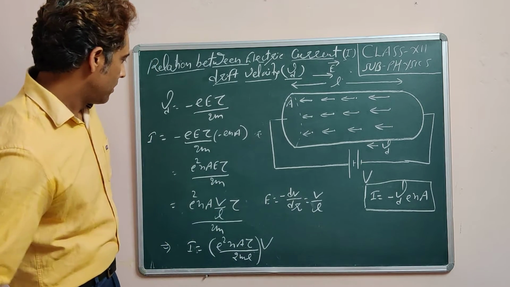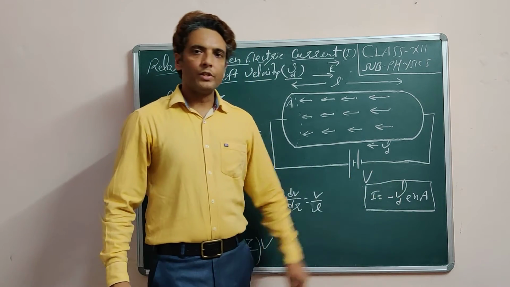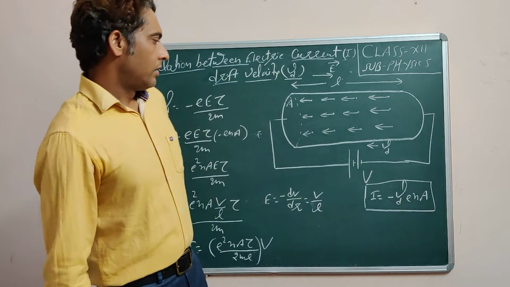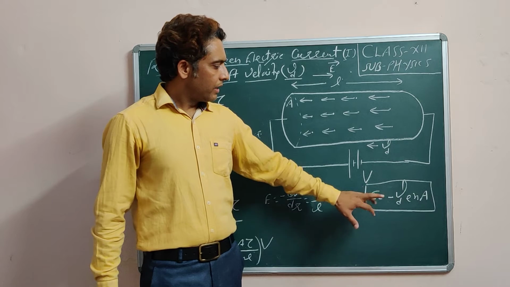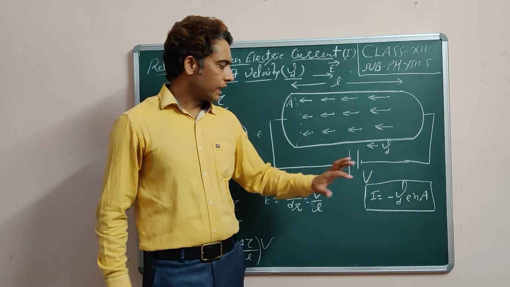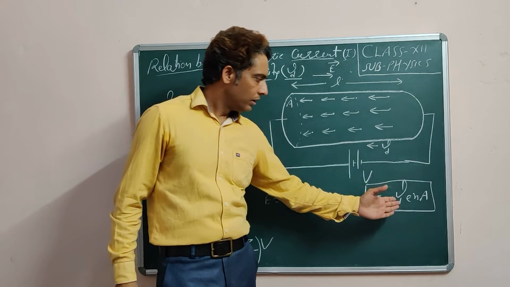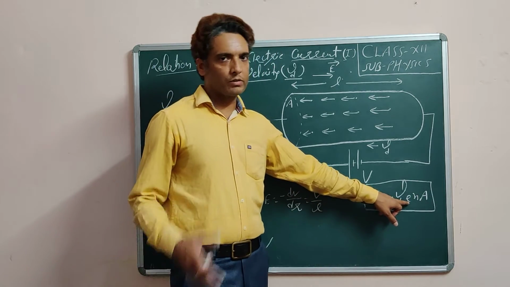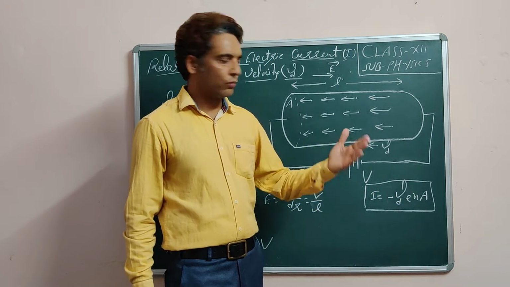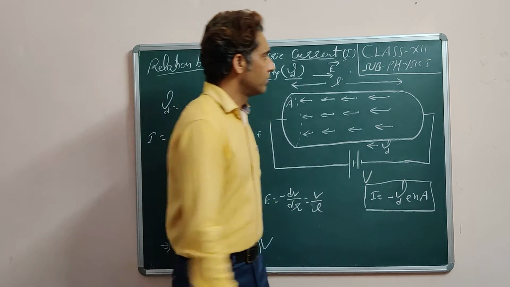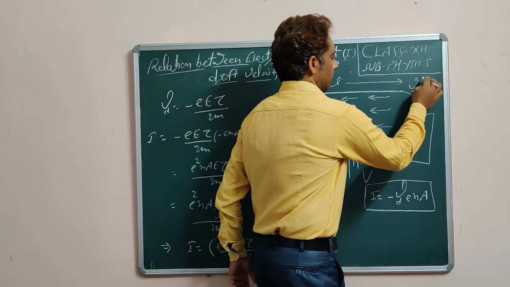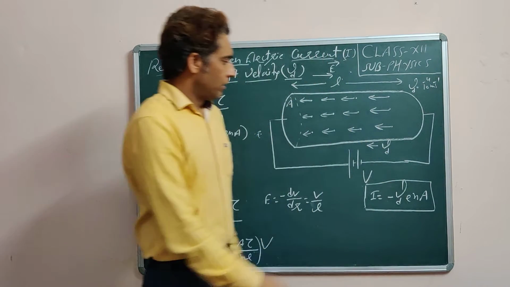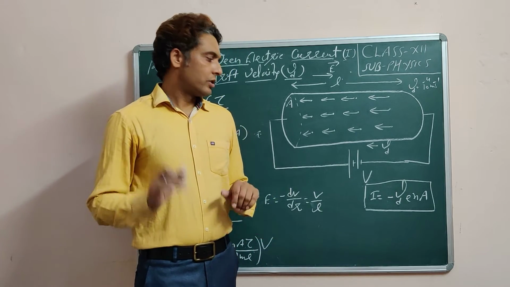There are some other questions which are asked in exam on the basis of this equation. There is one question, why the speed of electric current is large although the value of this Vd at small e is very small. You know that charge on electron is very small, it is of the order of 10 power minus 19 coulomb. This Vd is also very small, it is of the order of 10 power minus 4 meter per second. So why the speed of current is large?